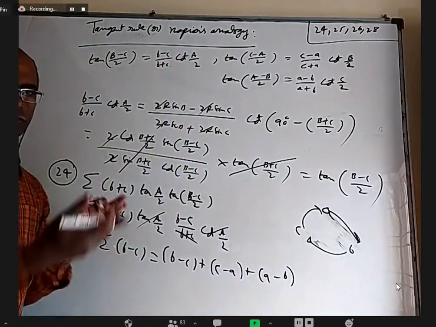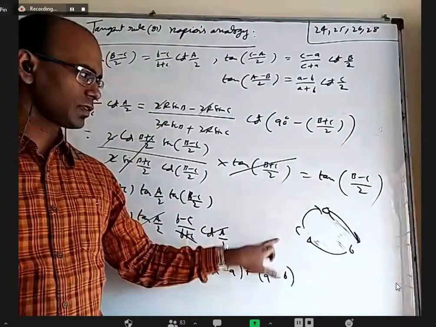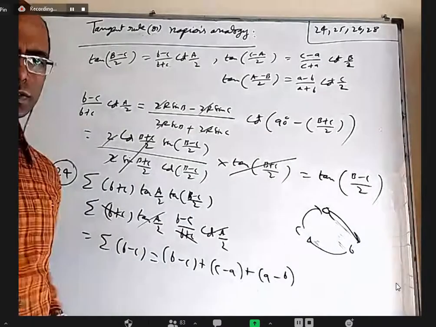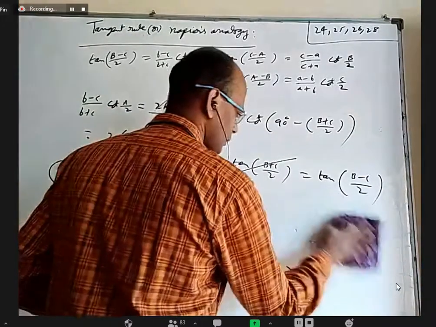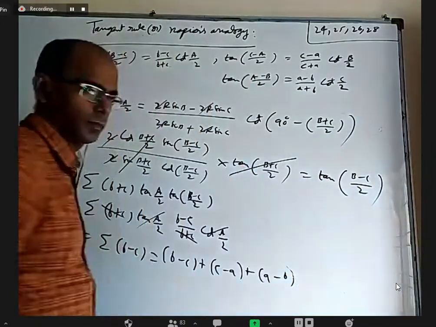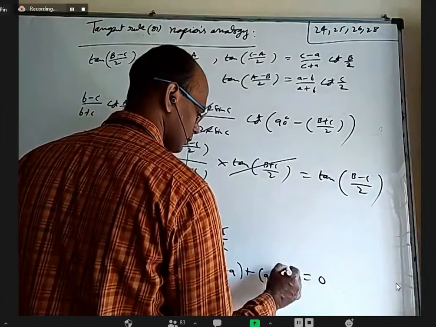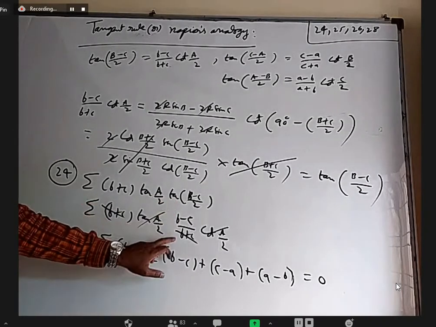From one term, if you want to go to the next term, wherever a is there, replace with b. Wherever b is there, replace with c. Wherever c is there, replace with a. From that, if you want to get the next term, same thing. Whether it's capital letters or small letters, same thing. And all will cancel it at 0. We just use from here to here tan rule.